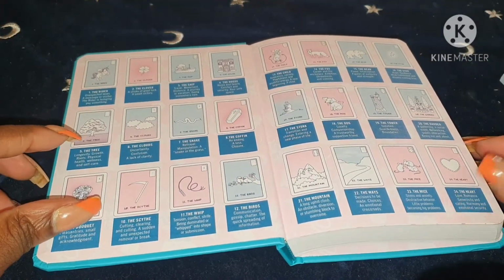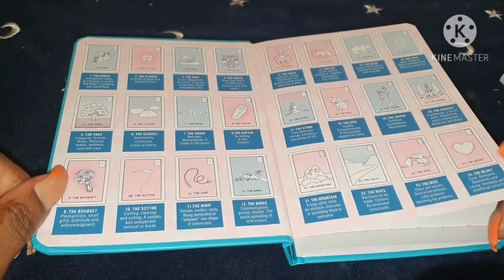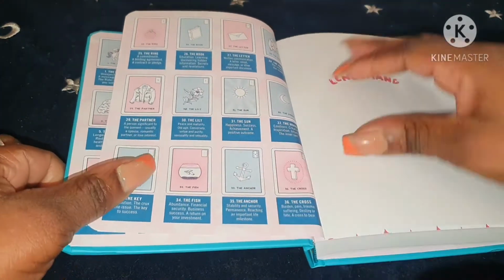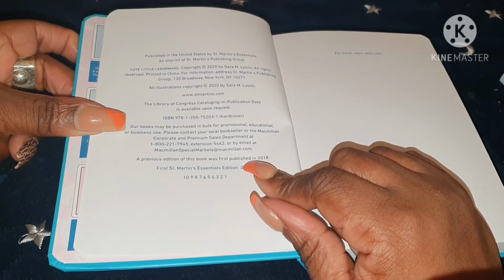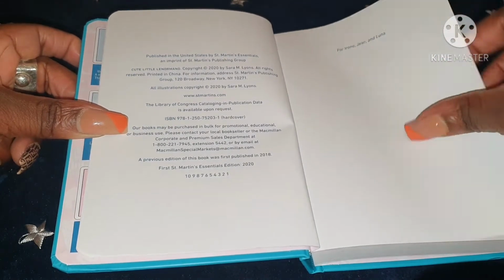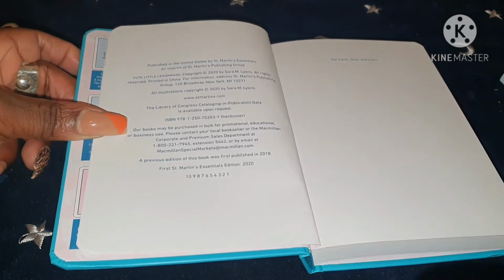book, and then it goes through all of the Lenormand cards here and gives you an upright, well actually Lenormand doesn't read reverse meanings, but it gives you some keywords for each of the 36 cards. And it's got here, published in the United States by St. Martin's Essentials, an imprint of St. Martin's Publishing Group. This particular edition was published in 2020. And it's got here, the Library of Congress catalogue in publication data is available upon request. A previous edition of this book was first published in 2018, which I think might be the